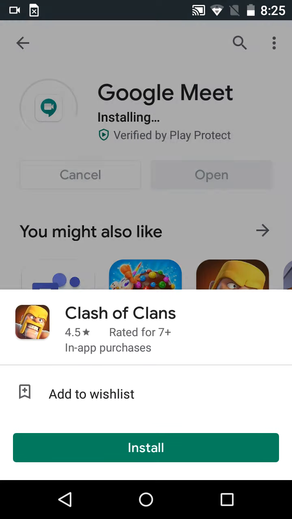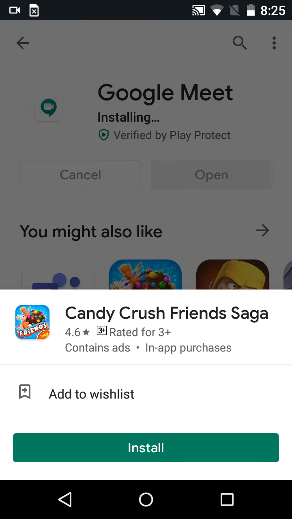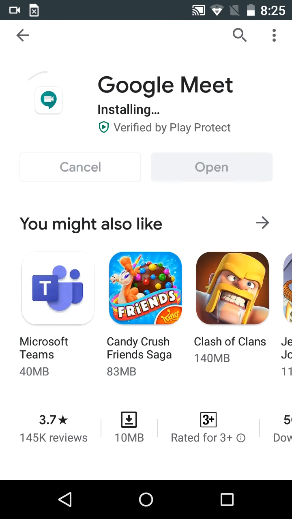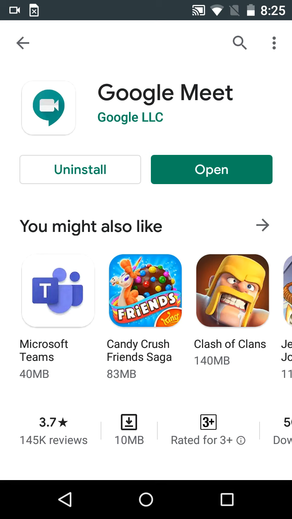Okay, so I have two accounts available in my mobile phone. One is my personal account gmail.com and second is official aksp.net id. Once you finish this installation, you can open. Okay, you can see the open icon will appear. So we can open directly from here, and we can also open from the desktop as well.